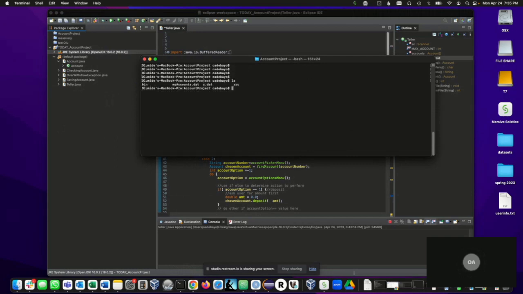Okay. I have a file here called my accounts.dat. That's the name of my file. Your file does not have to be exactly the same as mine. It does not have to be. I'm seeding my program with 3 accounts. And the structure of my file is such that the first